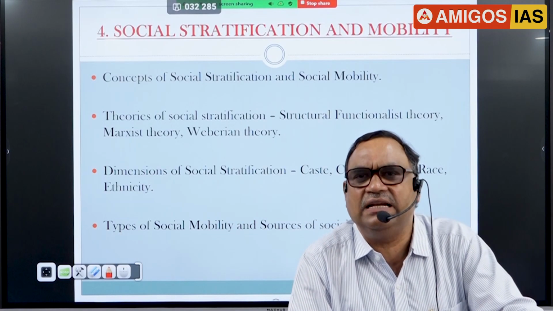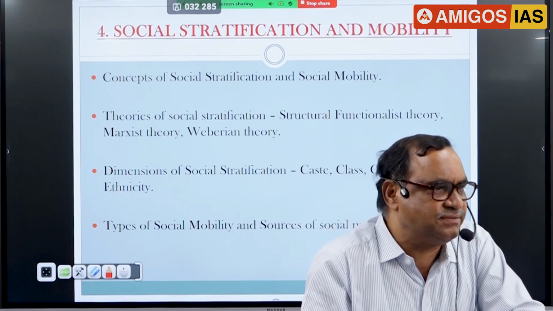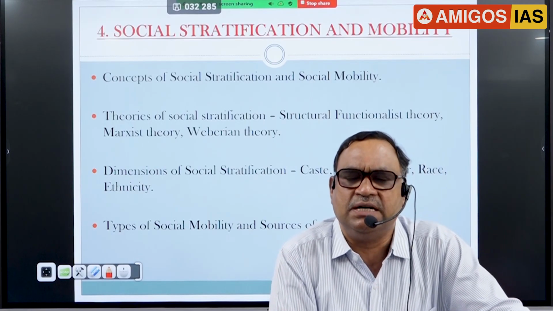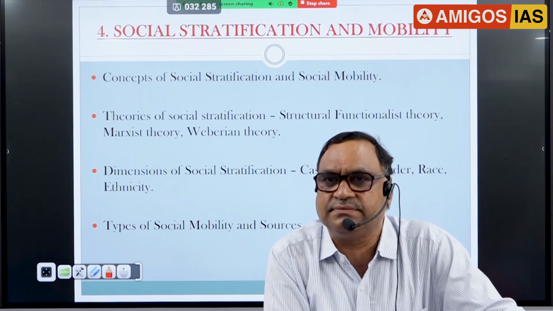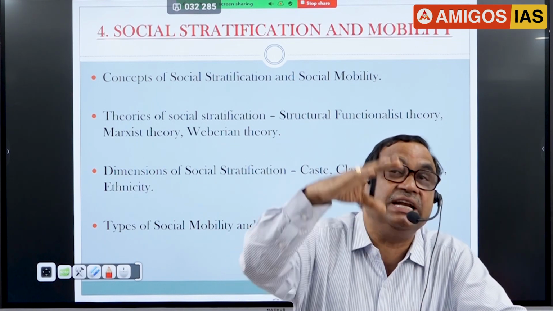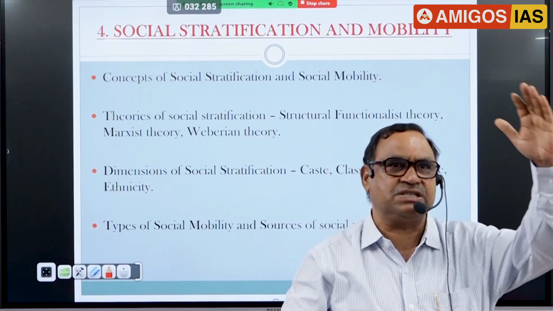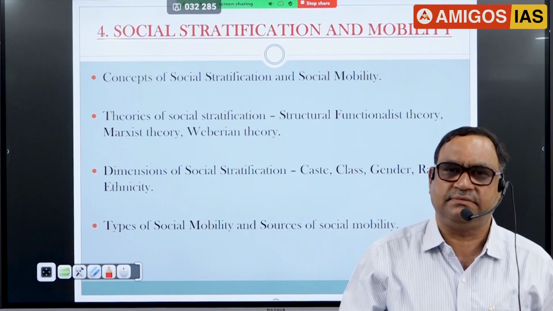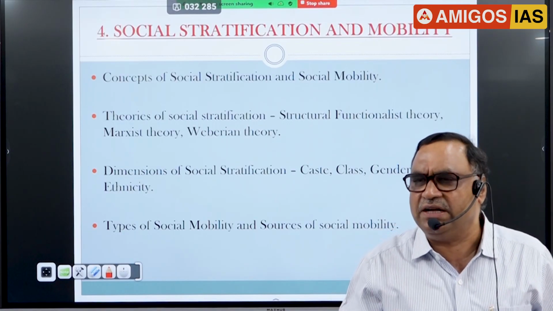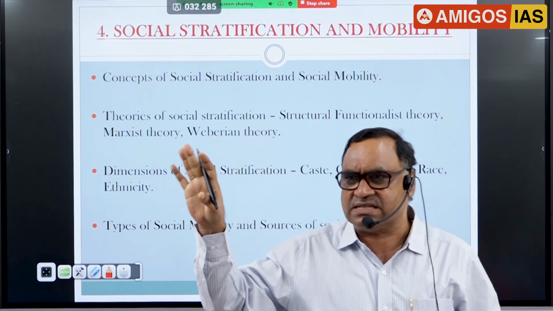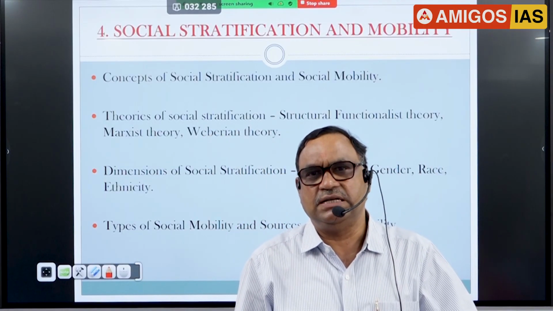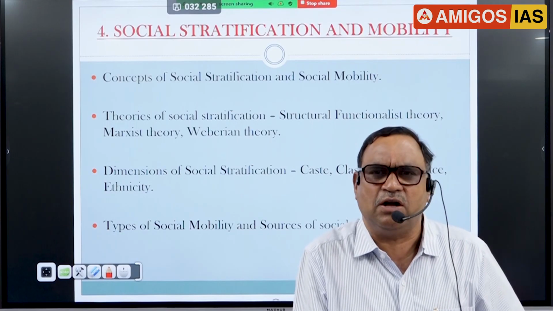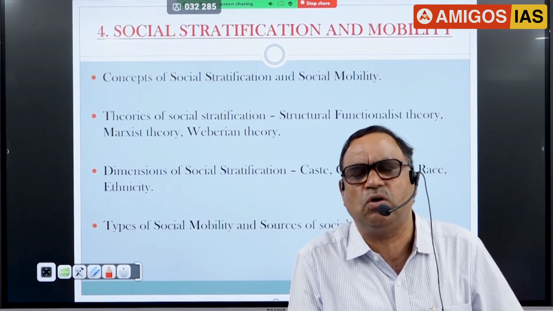Hindu society is a highly stratified society in terms of caste, right? Hindu society is divided into almost more than 3000 caste groups, and all these caste groups are arranged in a hierarchical order. Some of them are considered as upper caste, middle caste and lower caste. The social status of an individual is associated with the caste status. Right? So, social stratification is not only visible in Indian society but across the globe.